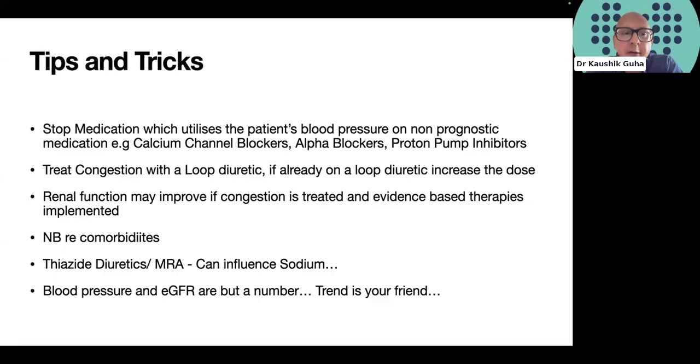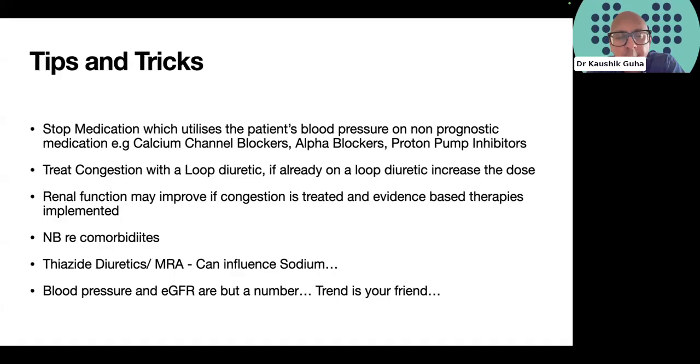If we offload the patient with right heart failure, so the patient has raised venous pressure and lots of peripheral edema, as we decongest the system and improve renal blood flow, we may actually find that the eGFR starts to improve. Clearly, we have to balance our medication against the patient's total health background and comorbidities, and other health conditions do limit our ability to treat our patient optimally. These include diabetes, chronic kidney disease potentially, and also frailty.